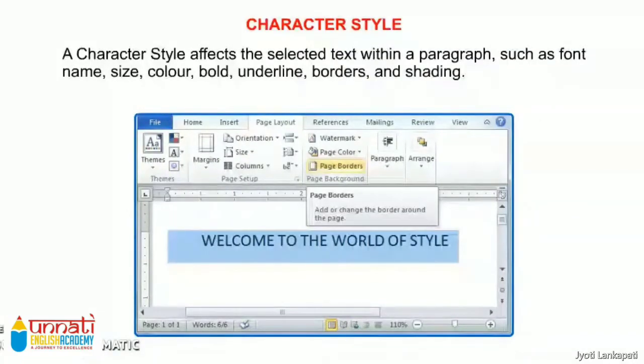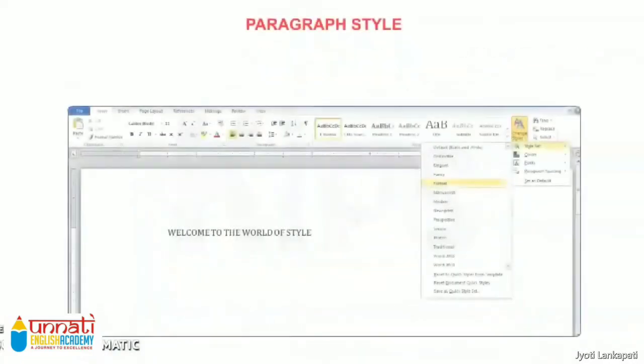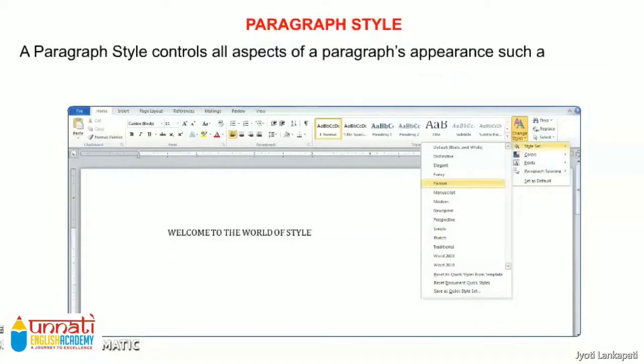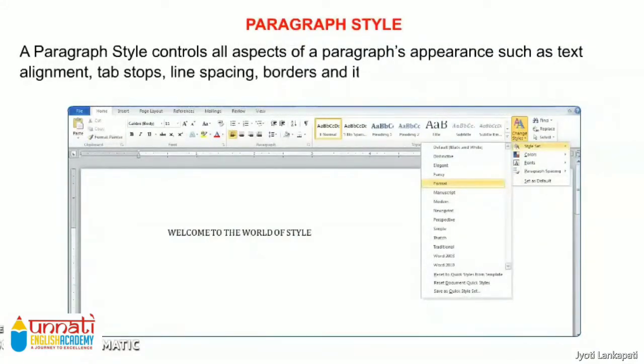Now the next style is paragraph style. A paragraph style controls all aspects of a paragraph's appearance, such as text alignment, tab stops, line spacing, and borders, and it can also include character formatting.